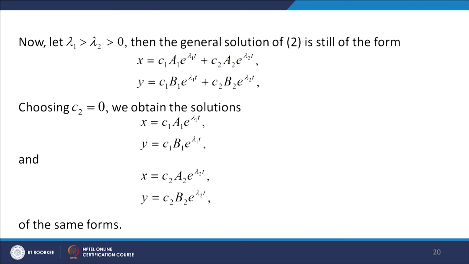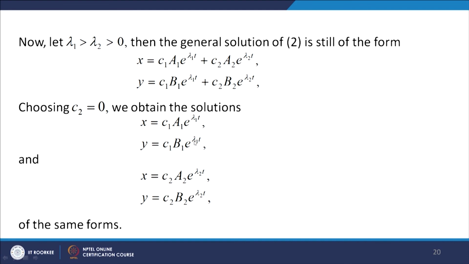Now let us see. Let us assume that lambda 1 is greater than lambda 2 greater than 0. So, we now assume that lambda 1 and lambda 2 are both positive. Then the general solution is still of the same form, x equal to c1 a1 e to the power lambda 1 t plus c2 a2 e to the power lambda 2 t, y equal to c1 b1 e to the power lambda 1 t plus c2 b2 e to the power lambda 2 t. Now, we choose c2 equal to 0. So, x equal to c1 a1 e to the power lambda 1 t, y equal to c1 b1 e to the power lambda 1 t,